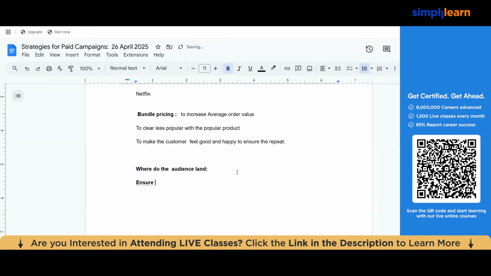So ensure your website or landing page is good, and we'll try to understand some examples from good brands of how the landing page should be. The landing page is full of